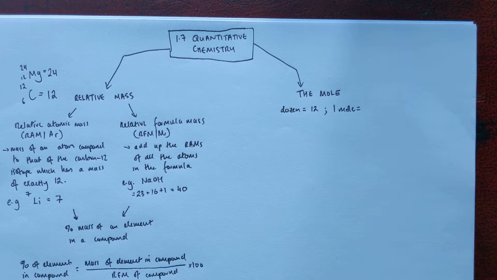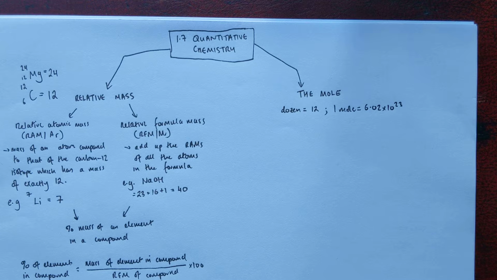1 mole is again just a word that represents a number, but the number is a little bit more ugly, or a little bit less round, like 12 is. It's 6.02 times 10 to the 23. Now the reason that we've picked this number to mean the mole is that it gives us quite a neat relationship between the mass in grams of a substance and also the relative atomic mass or relative formula mass of